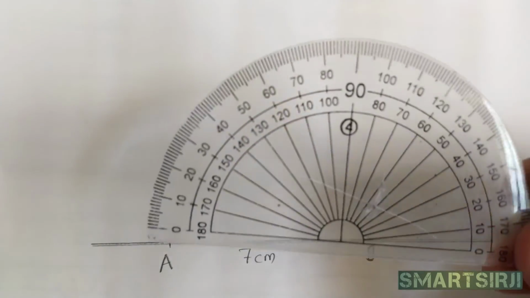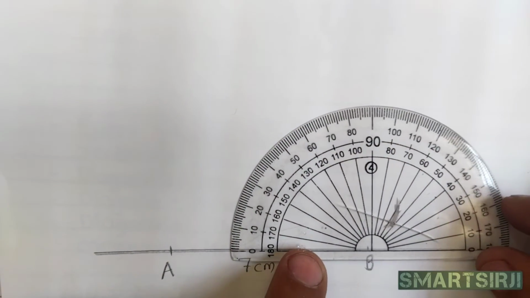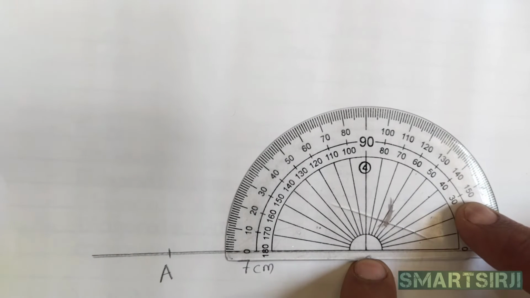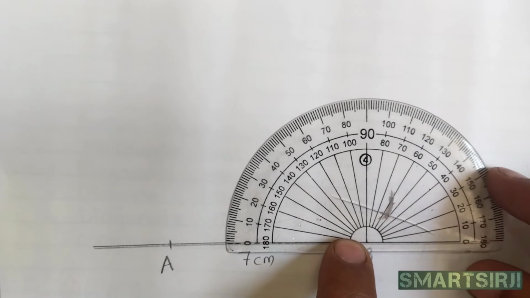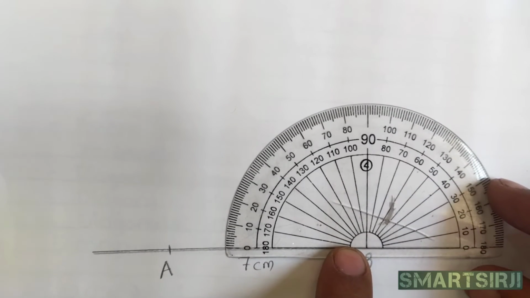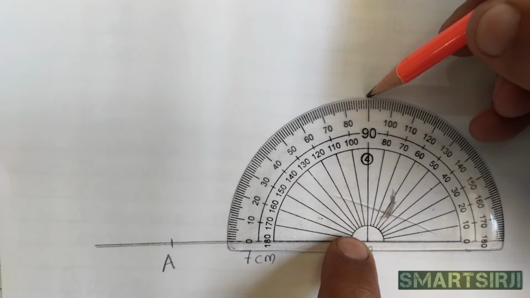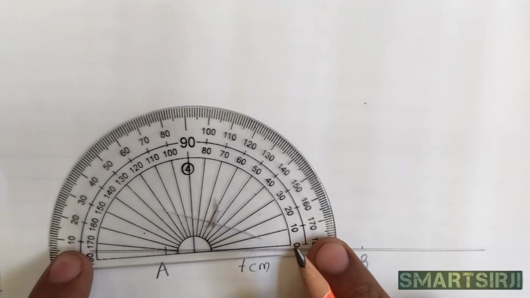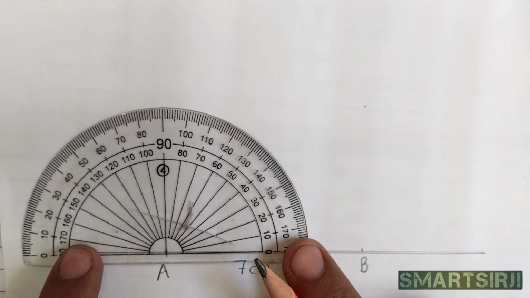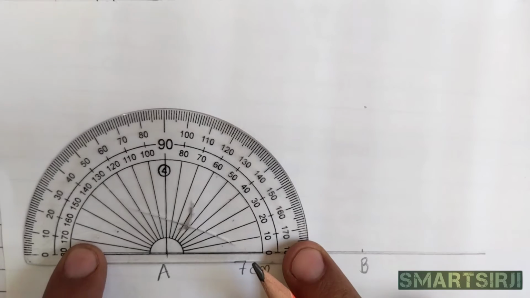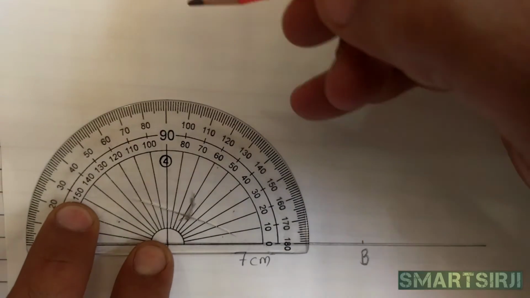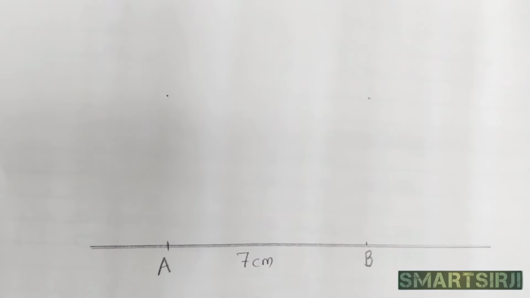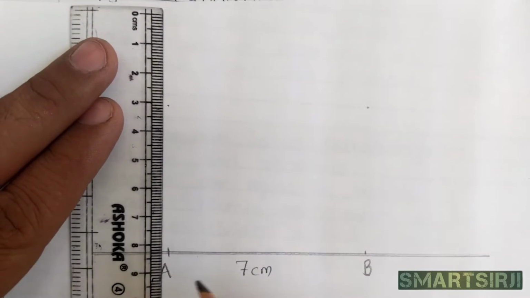Then I will take the protractor, putting it on B and adjusting the origin and baseline. I will mark a right angle from point B, so that is 90 degrees. So this is that point. Okay, another from A. So I am adjusting the protractor, so it is adjusted now, and now I will mark at the 90 degree mark. Okay, then with the help of the scale again I will join them.